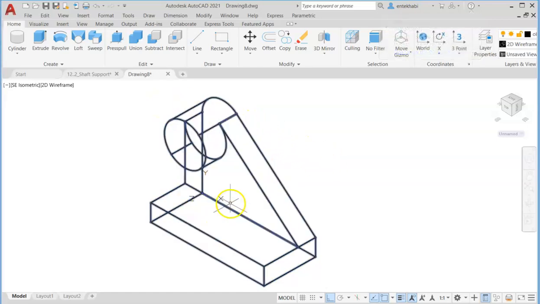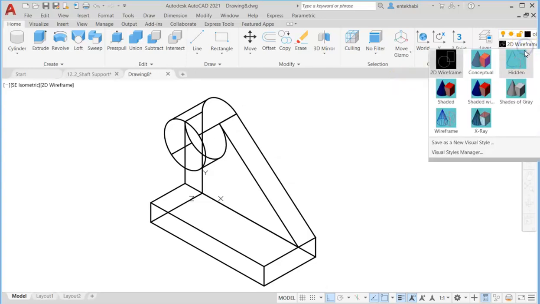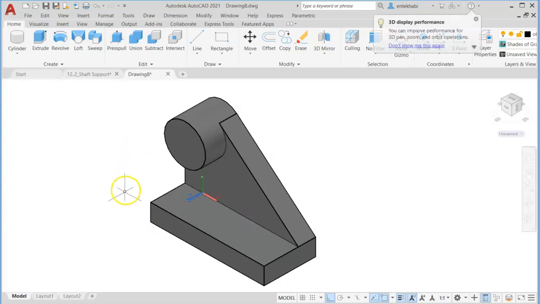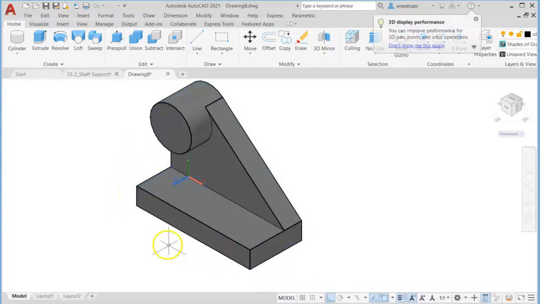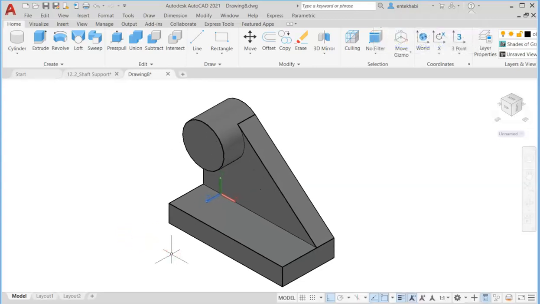Now we can check, make sure everything is correct by switching to the shade if you like. You can check that, see if this looks fine. Now at this point, we need to add two fillets on these corners, and also we need to add hole, remove that part of this to create a hole. To do that, we can select the face, which we are already on the parallel to that. We can do that just to create another cylinder